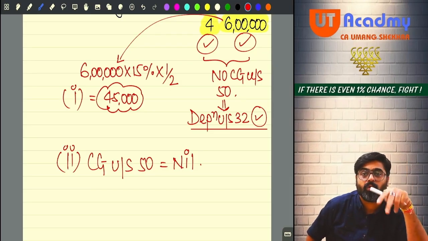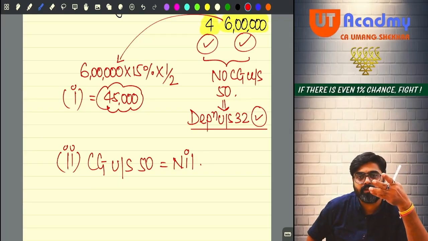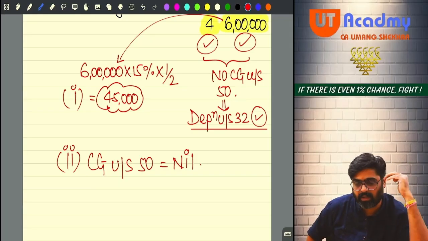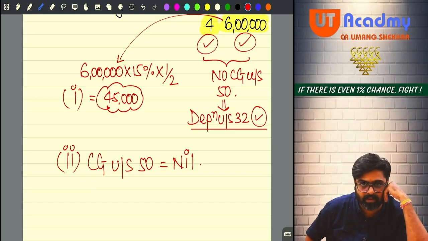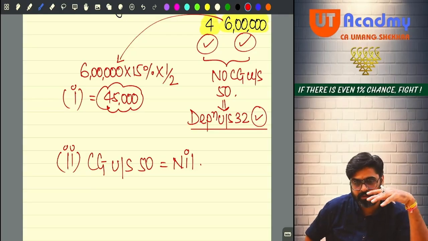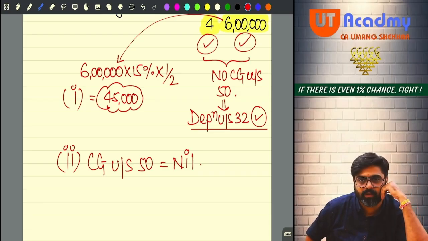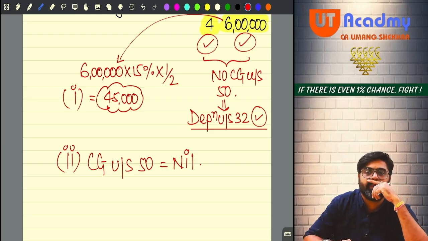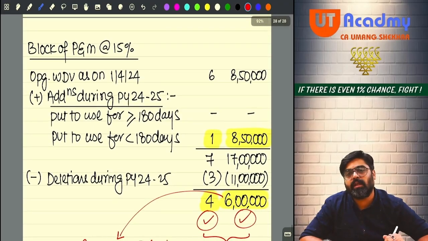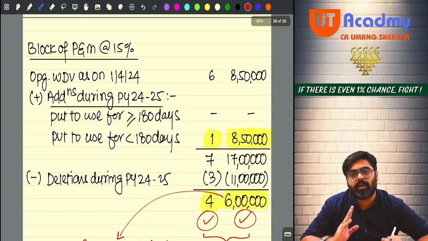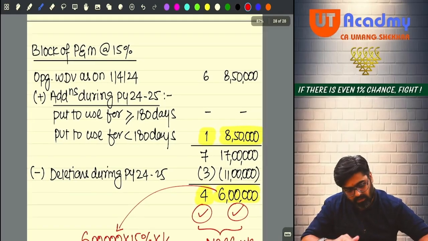Second answer, what will be the capital gain for this year? Nil. No capital gain can arise if there is value in the block and there are assets in the block as at the end of the year. On that, depreciation is to be charged, which we have already calculated. Yes or no? Now the same question, if you are selling these three assets, instead of 11 lakh, you are selling it for 21 lakhs. So can I do the same calculations? Yes, same calculation will happen.